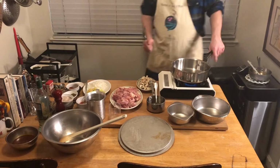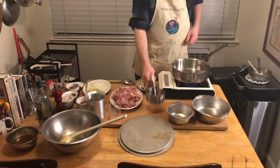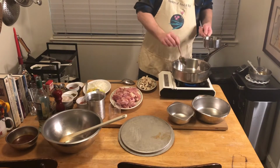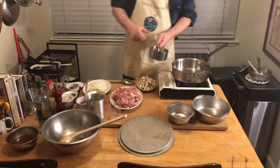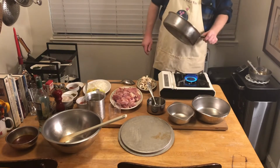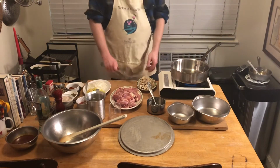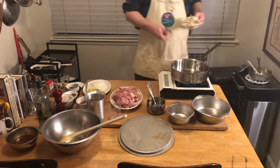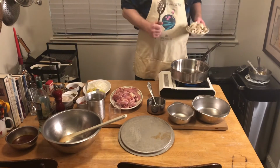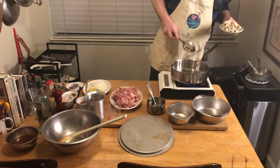So we're going to preheat our pan here over high heat, and we're going to cook our mushrooms first. We're going to put a tablespoon of chicken fat in here. Now in cooking, these mushrooms are a sponge, so they're going to absorb all the fat. Don't be tempted to add more fat to the mushrooms. It's important here that you don't add more fat because then more fat's going to come out when these mushrooms are fully cooked. You want to wait until we see the veils in the oil,